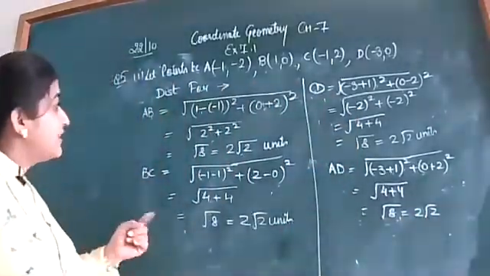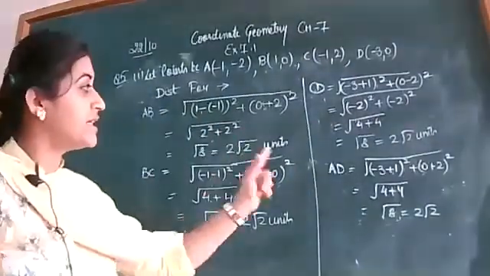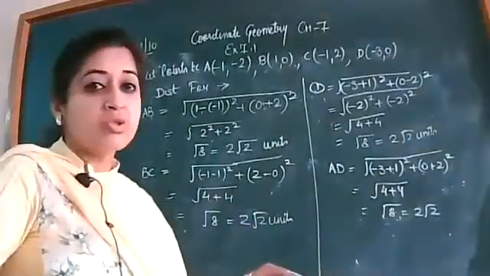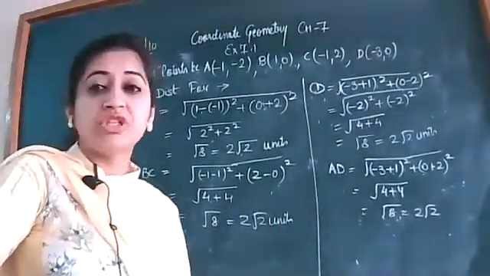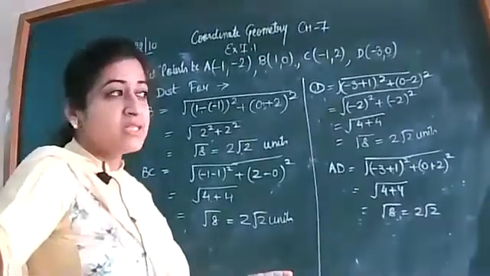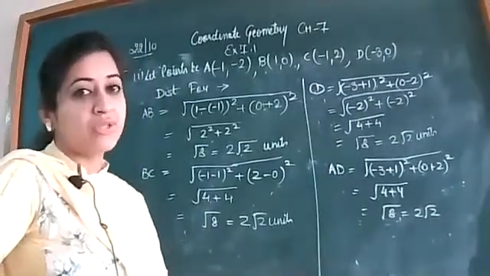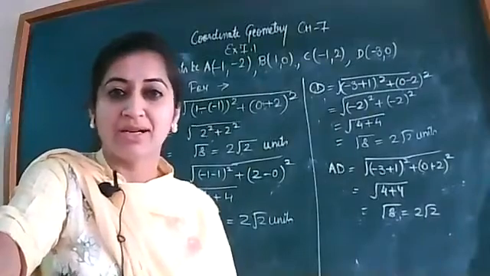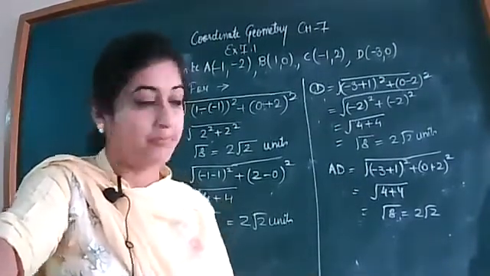Then at the end, you can see that the length of all the 4 line segments AB, BC, CD and DA are all same. Then it can be a square and it can be a rhombus. Then how will you decide whether it is a square or a rhombus? For making a choice between these two things, you will have to find the length of the diagonal. In case of the square, the lengths of the diagonals are same, but in case of a rhombus, the lengths of the diagonals are not same.